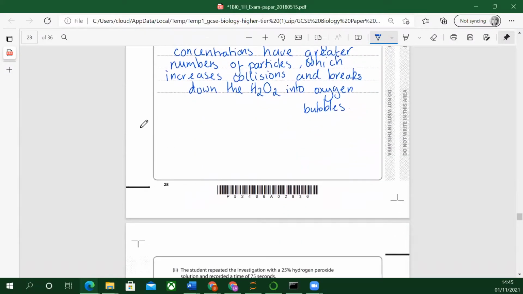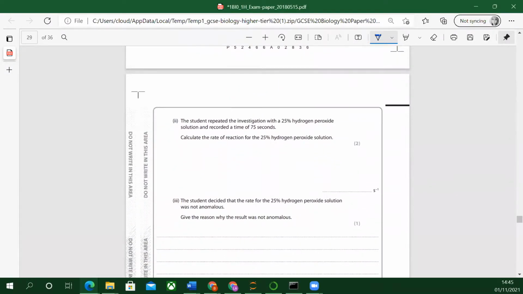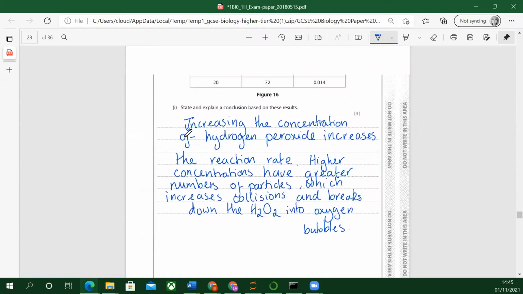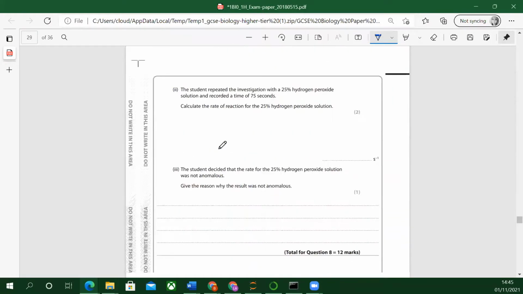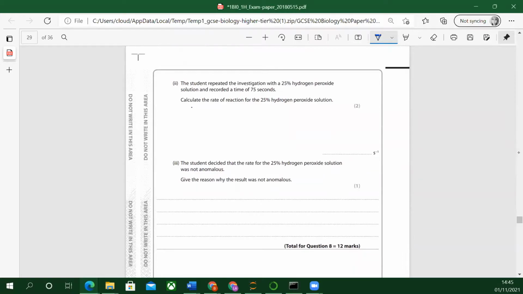Next exam question. The student repeated the investigation with the 25% hydrogen peroxide solution and recorded a time of 75 seconds. Calculate the rate of reaction for the 25% hydrogen peroxide solution. Okay, so all we have is an equation of 1 over time in seconds. So rate equals 1 over time in seconds. So all we have to do is just a piece of maths: 1 over 75. Okay, we're going to get a decimal number, 0.13